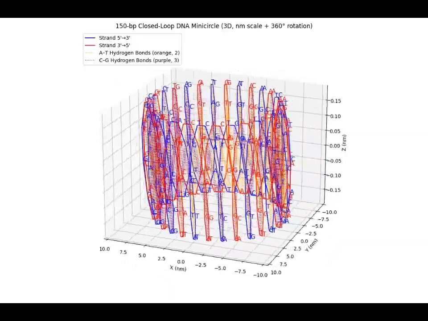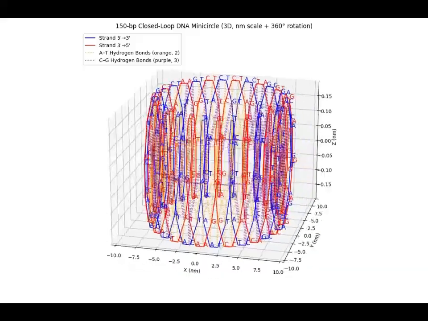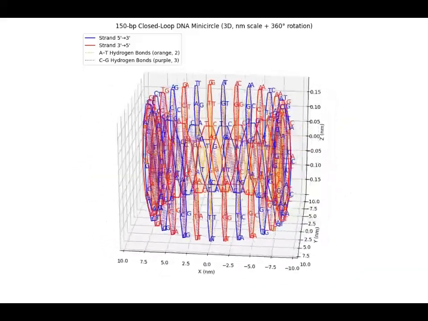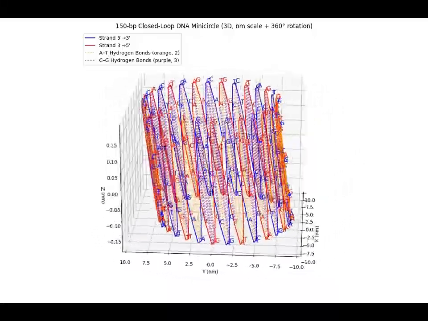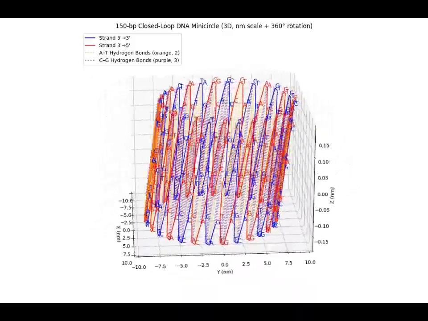It's not just a biological object. It's a place where the arithmetic of succession becomes visible in molecular geometry. Wait, so the claim is that the minicircle's physical shape is a kind of readout of the arithmetic structure? That's the framing, yes. The curvature of the loop maps onto the T-rail, the torsional stress maps onto the K-rail, and the 150 BP length is the scale at which those two aspects of the geometry diverge from each other